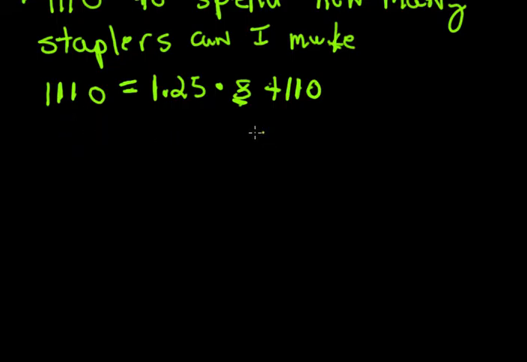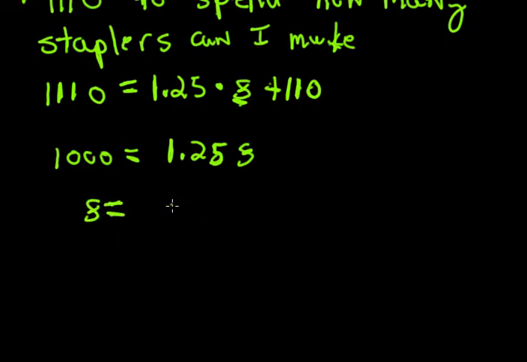And subtract 110 from each side. So 1,000 equals 1.25 S. Or S equals 800. So I can make 800 staplers for $1,110. And this is where the usefulness of two-variable equations comes from, is you can work from either